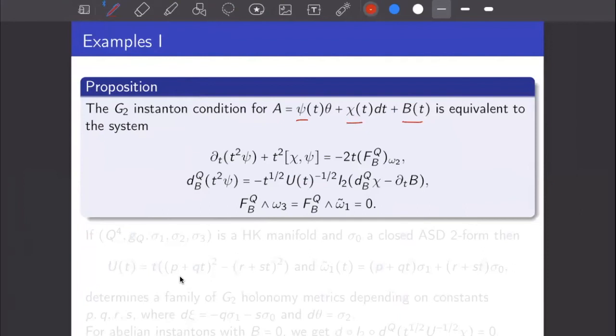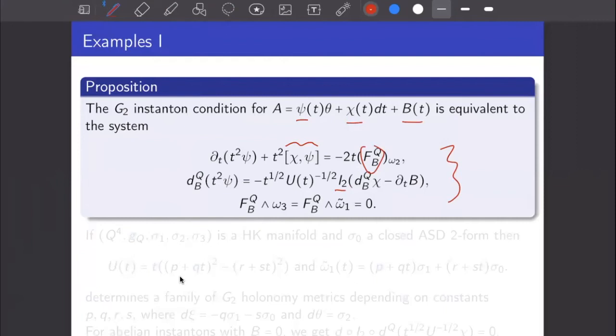And then this connection form A here defines a G2 instanton if and only if the following system of PDEs holds. So let me tell you what's what. This is a Lie bracket between the two Higgs fields chi and psi. F_B^Q here is the curvature of the connection form B on Q. And the operator I2 here is an almost complex structure associated to this complex and scalar data